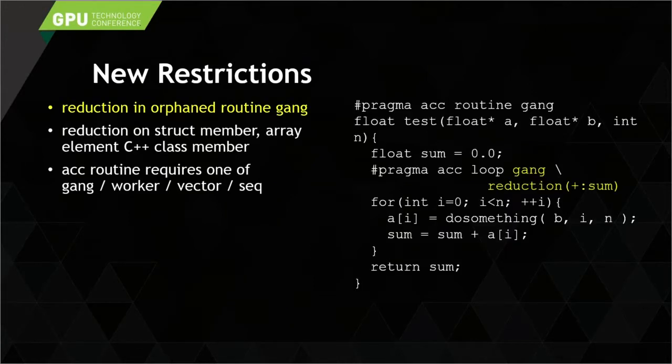Some new restrictions. So this is one of the big differences between OpenACC and OpenMP. In OpenMP, you can have an orphan loop in a routine. You can call the routine, and then you go parallel inside the routine. So the routine gets called redundantly by each thread, and then in the thread, you do your work sharing loop. Fine. You can have a reduction on that loop. Fine. And why can you have a reduction on that loop? Because at the end of that loop, there's a barrier. It's defined in the specification. And that's where you